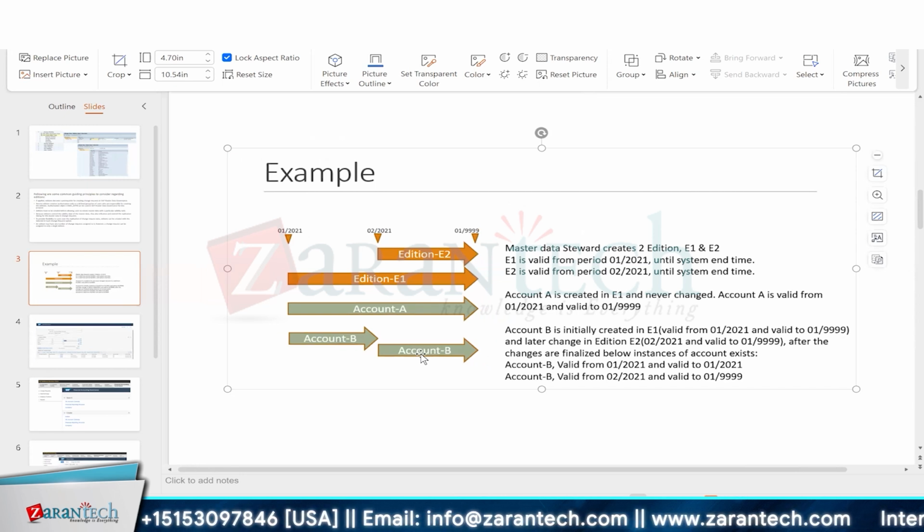After that, sometime in February, I tried to change this account B using a new change request. I wanted to do some changes, so I did some changes for account B. So then what happens? I selected edition 2 this time, because the edition 2 validity period is February 21 till 999. So after this change, you can see the validity period for this account B is set to 02/21